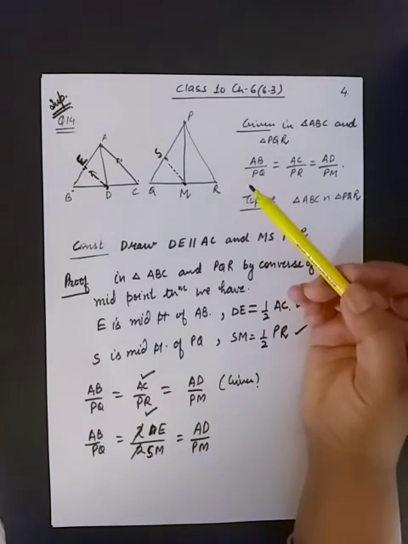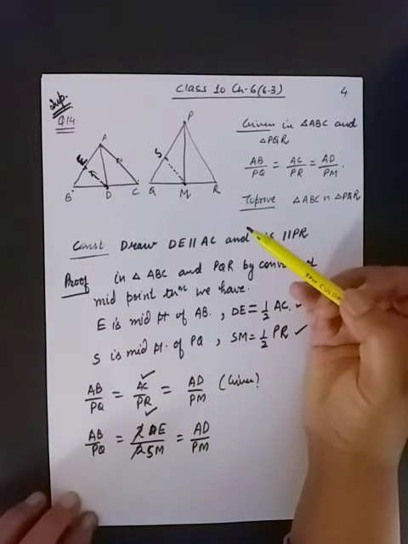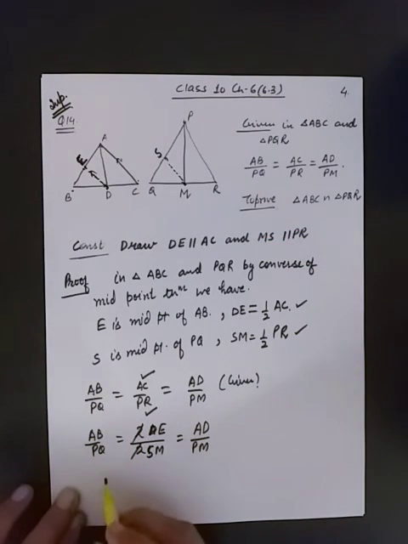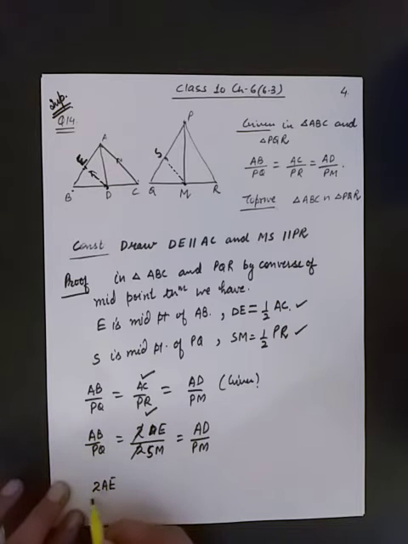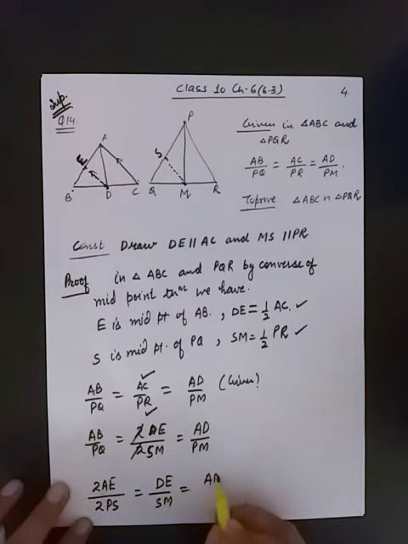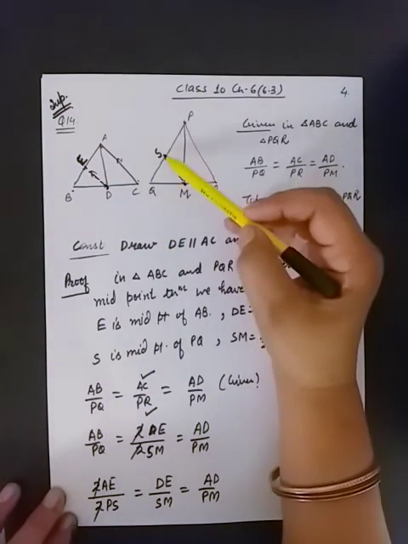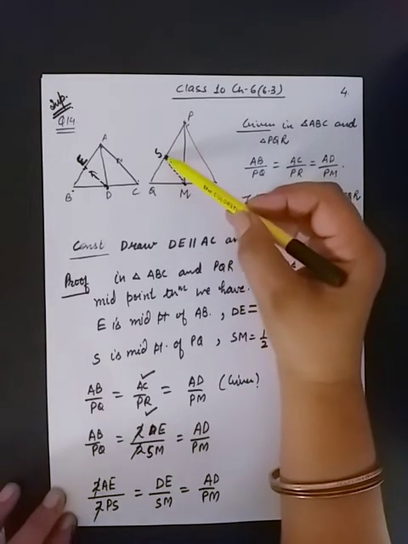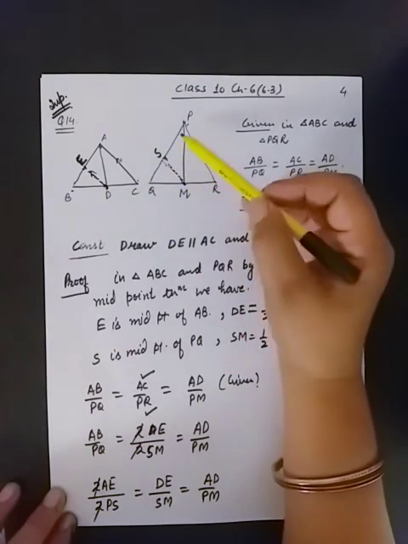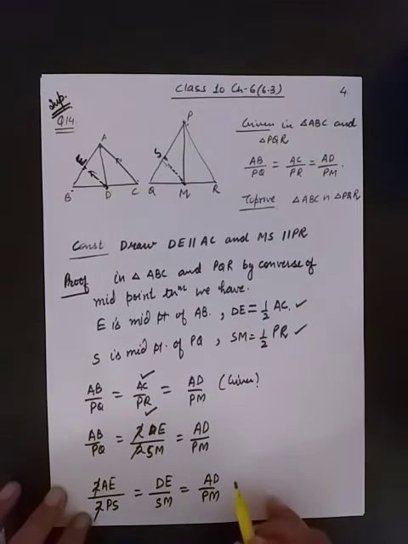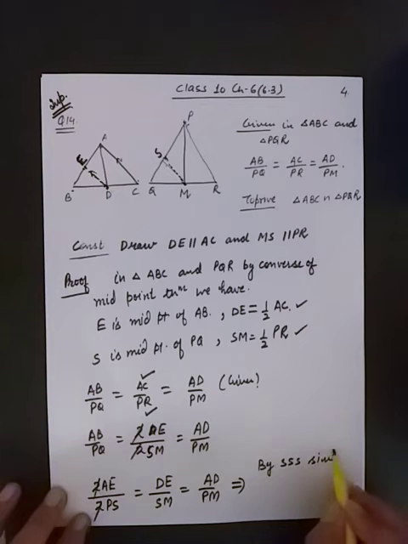In the figure, we get AB by PQ, and AB we can again write as double of AE and PQ we can write as double of PS, is equal to DE by SM is equal to AD by PM. Again these two will cancel out and we get AE by PS is equal to DE by SM and AD by PM. So this gives you, by SSS similarity rule,